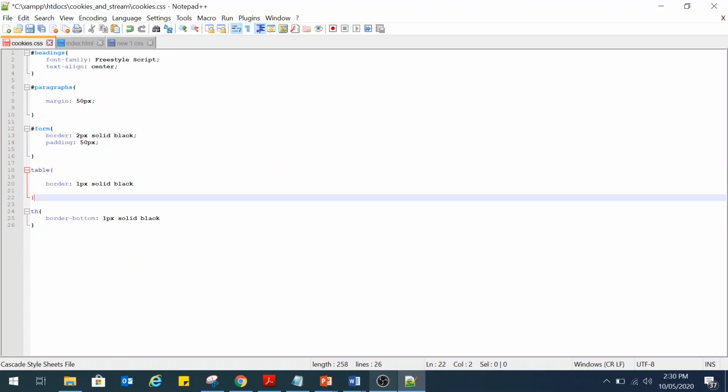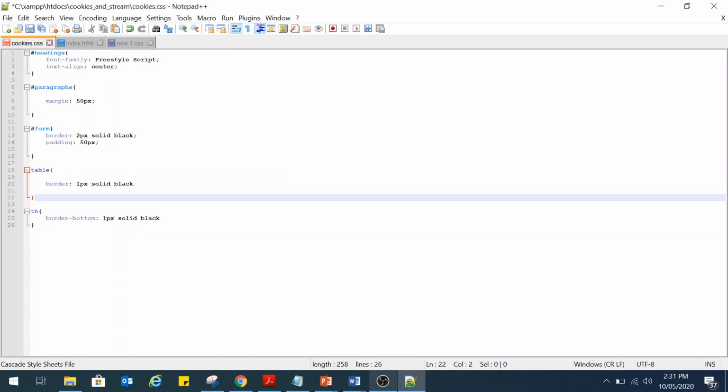If you specify that you want a border just for the bottom part, you need to define it as border-bottom. And then you apply that styling only to the bottom of your element. So the top, the left, and the right will stay blank because you only specified that you want a border at the bottom. Same thing with